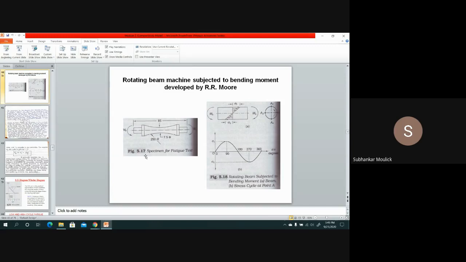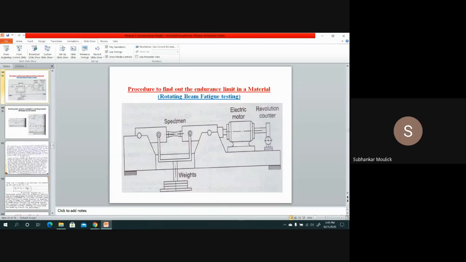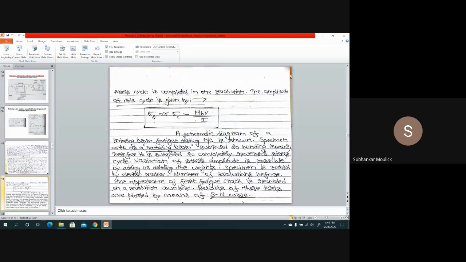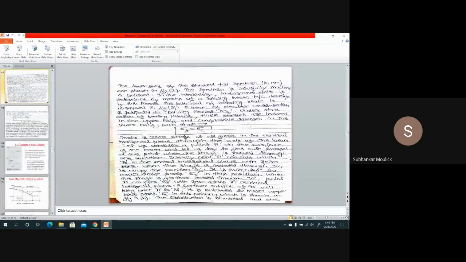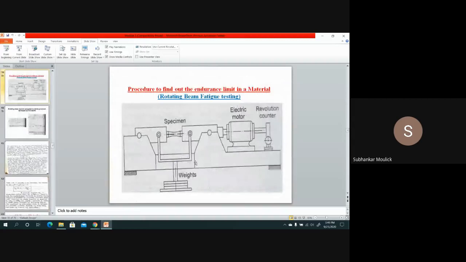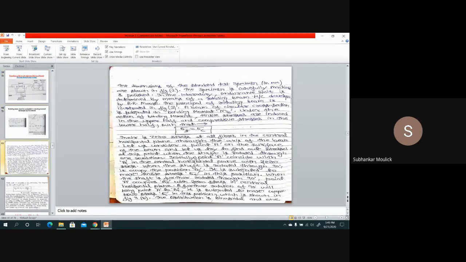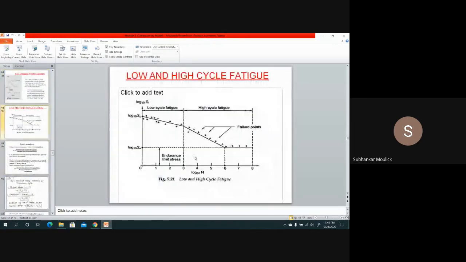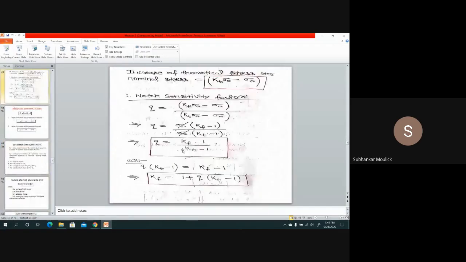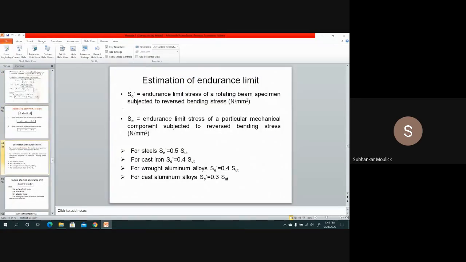You don't know. So this experimental method of determining the endurance limit is a time consuming process. So normally we don't follow this. Most of the time, we don't follow this particular procedure to find out the value of endurance limit. For that, we use some empirical relations to get the value of endurance limit. And those empirical relations are,